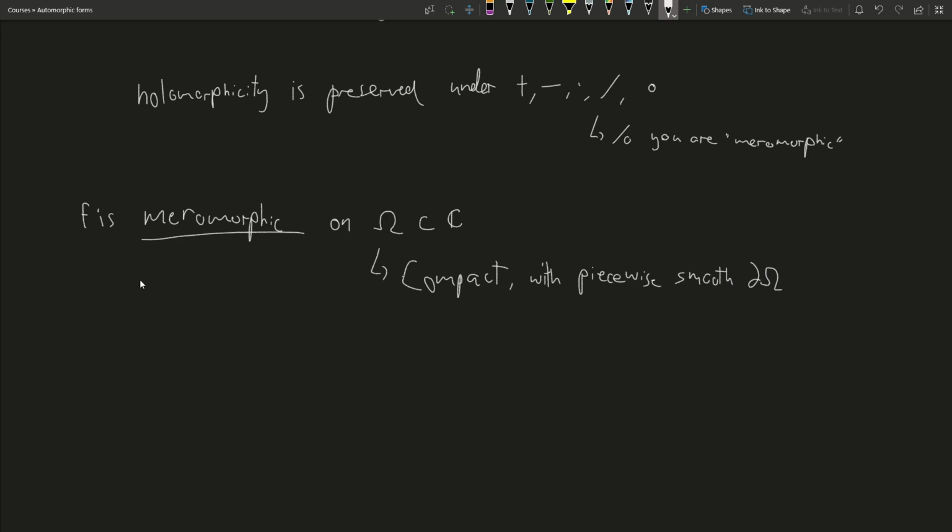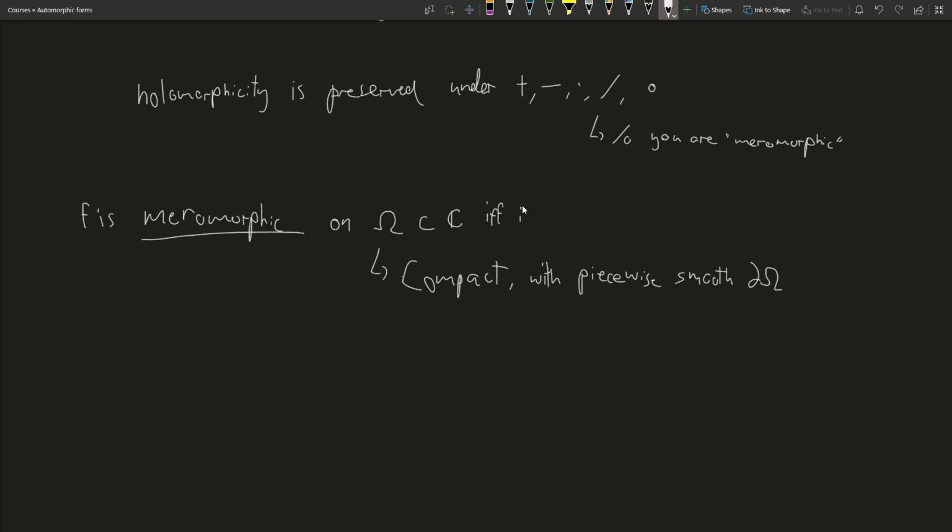And again, these assumptions on omega are not necessary for the definition of meromorphicity necessarily, but I'm just going to take it to mean this here. So f is meromorphic on this set omega